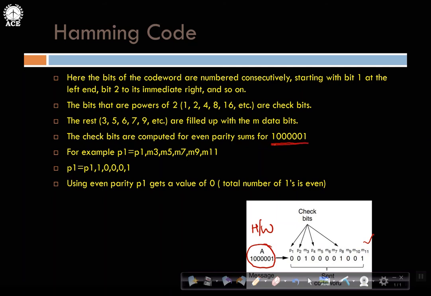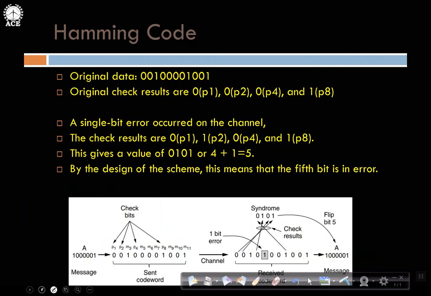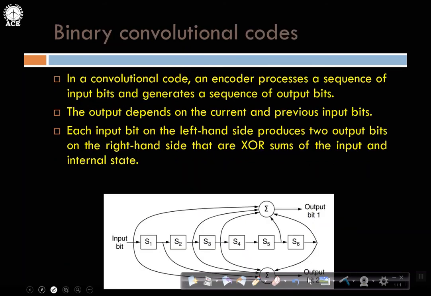So this is the code word. This is the data bits. For these data bits, you formulate the code word. Okay, so the procedure, whatever I explained, I have explained here. The same thing has been explained here. You can work it out later. Like the original data that has been appended with check bits based on the position values 1, 2, 4, and 8. And then a single bit error has happened here, and then how that is corrected. The same thing is being shown, which I did as a problem in my previous video. You can repeat it for this data set. Okay.